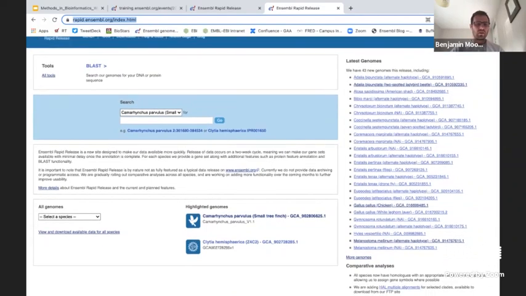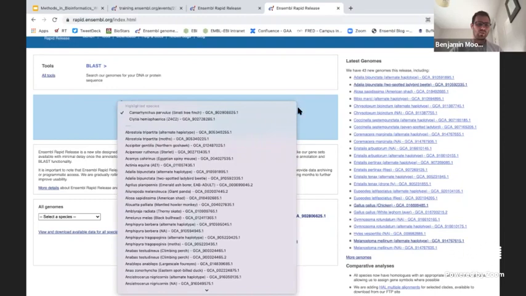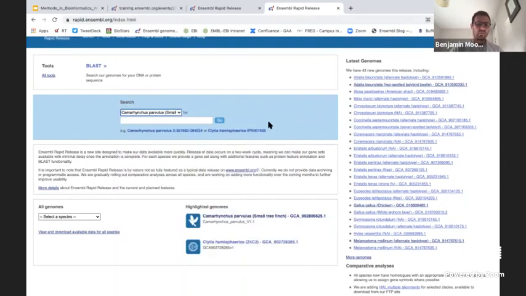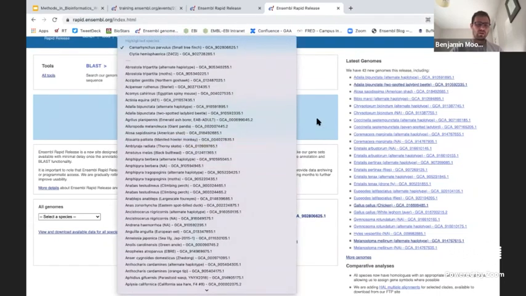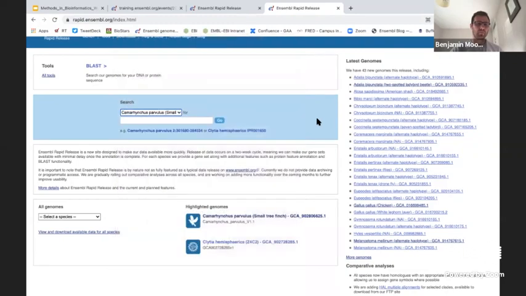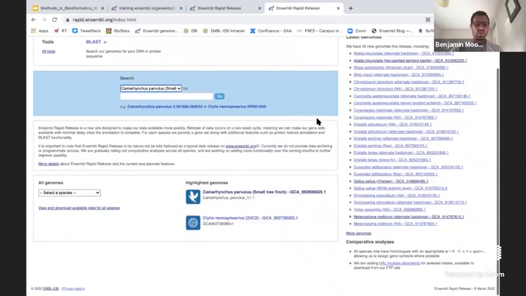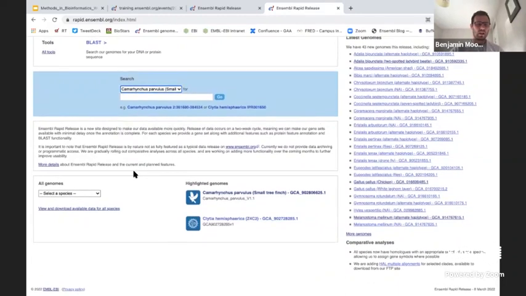Underneath that, you can see that we have a search bar. This is a main search bar on the home page that will allow you to search against all the different species that we have in Ensembl. Although obviously this drop-down list makes it quite tricky when we have over 500 different species presented in the Ensembl Rapid Release website now. So if you scroll down, probably the more useful thing to do is to select your species using the box underneath here. At the moment we have just 2 highlighted genomes as examples, but there is a link on the left here that says view and download available data for all species. So if you click on this link,